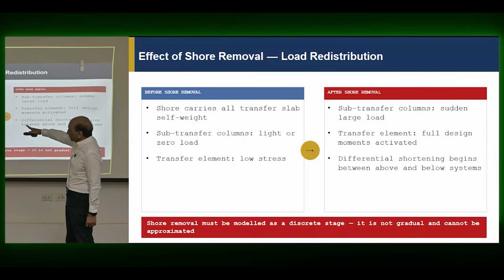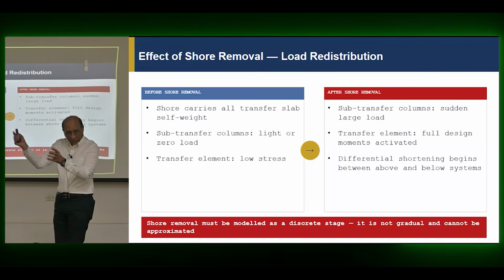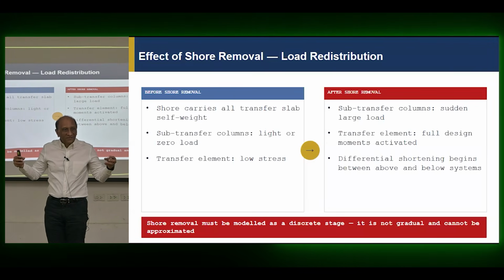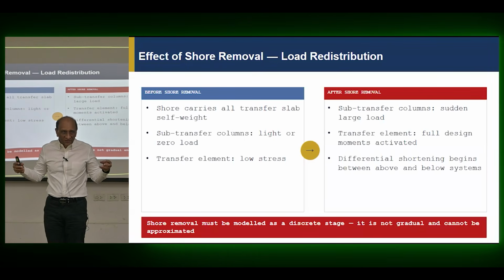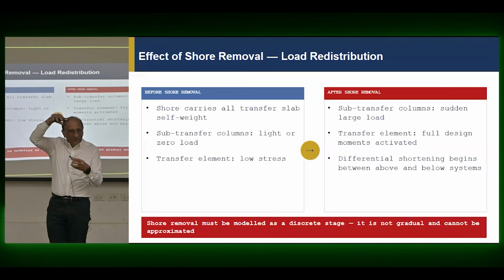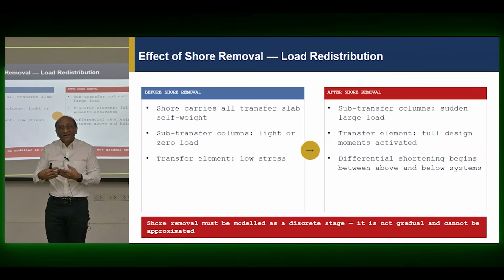So before shore is removed, this is very important, because when we have the shoring, I showed you that diagram, then it is carrying all the load. The structure is unloaded completely. So it has no forces. Even if it is hardened, it has no forces in it. So if you construct anything on top of that, the load will just transfer to the shoring. Now, depending on the shoring removal, the load will then transfer from one to the other. So that's why